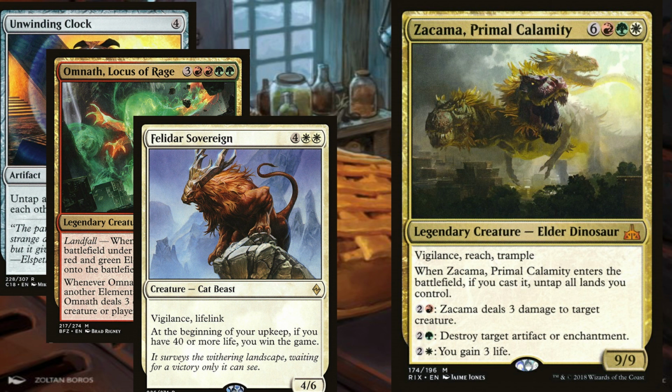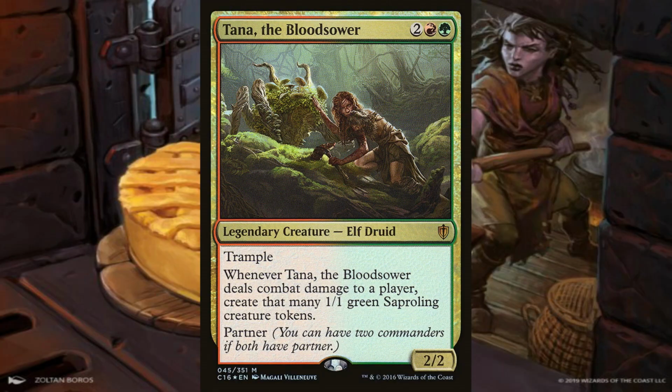Neither of them were stellar. What? You barely used Omnath. You kind of used... Tana was with lands, wasn't it? Like, lands makes beetles or something. No, Tana is the amount of damage she deals. You make that many Sapperlings and has Trample. Okay, so...